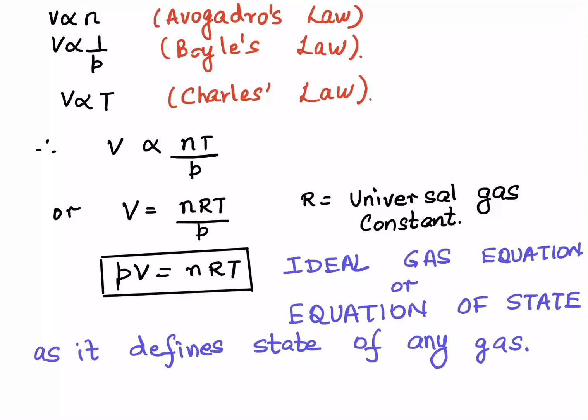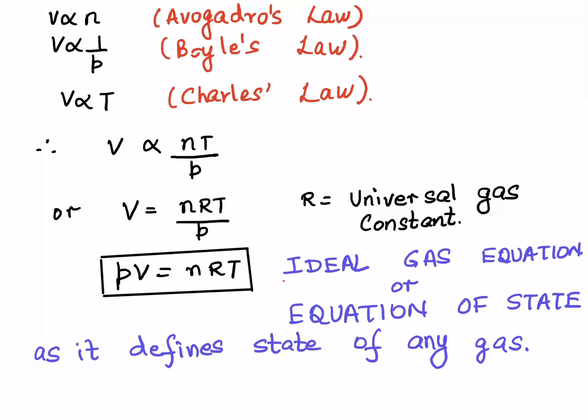And there we go. We have volume is directly proportional to n into T. So both go in the numerator divided by P, that is the denominator. Removing the proportionality sign, we put a constant over here. And the constant that we put is capital R, which is known as the universal gas constant. What is universal gas constant? We are going to define it a little later. And this also gives us a very interesting equation, which is called the ideal gas equation.